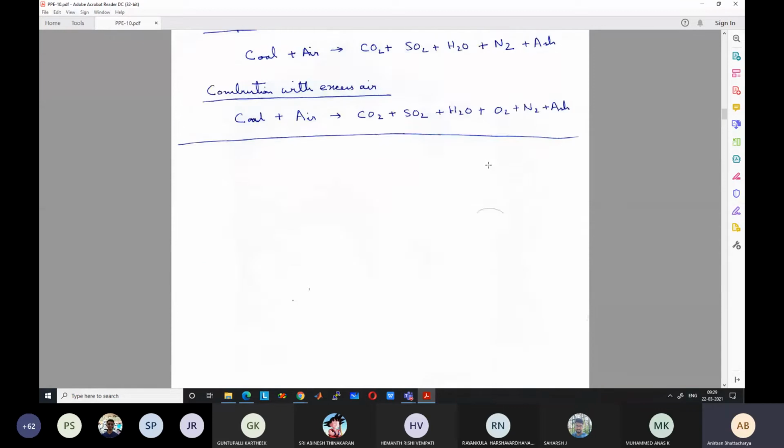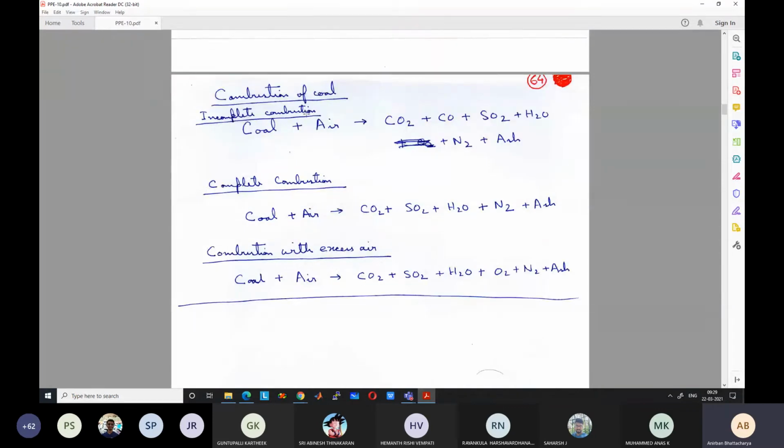Before going into a problem, let us see what happens when there is complete or incomplete combustion of coal. Combustion occurs by reacting the coal with the oxygen present in air. In air we have oxygen and nitrogen. If there is incomplete combustion, the entire amount of carbon does not get converted to carbon dioxide. Some part remains as carbon monoxide. We are assuming that very few soot particles are present. If it is very incomplete combustion, meaning very little air is present, then a lot of carbon will still remain as